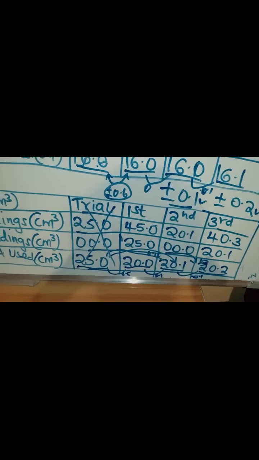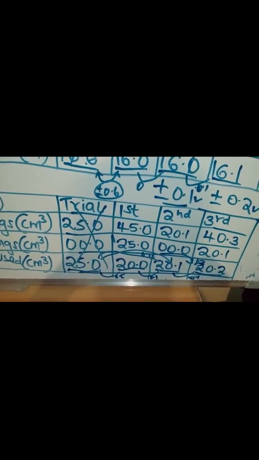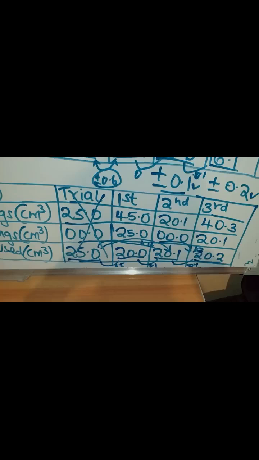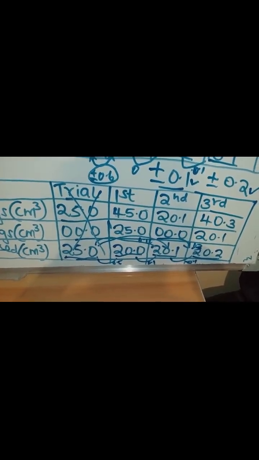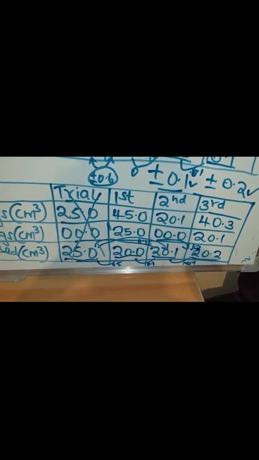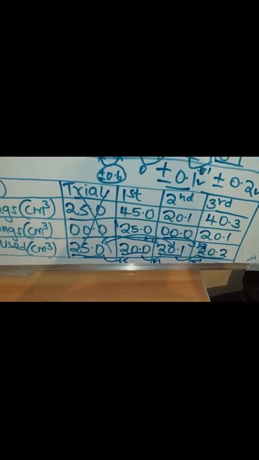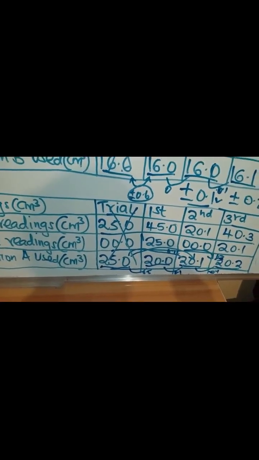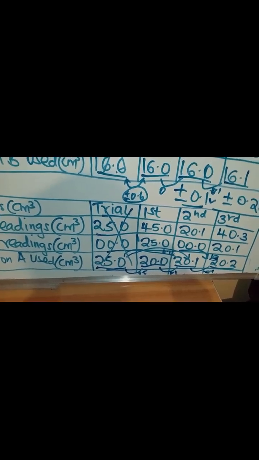So you take the first, the second, and the third value. So in the averaging, you take 20.0 plus 20.1 plus 20.2. And again, because there are three values, you divide by 3. So in our next table, I will be showing you what you are supposed to do in case, during KCSE,